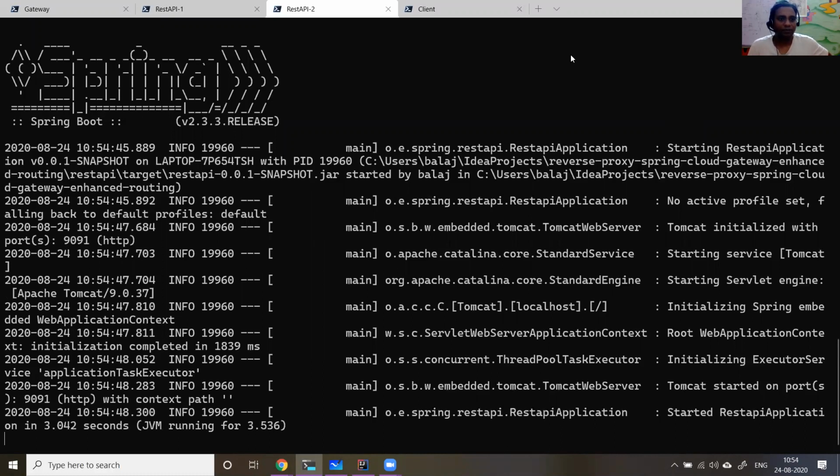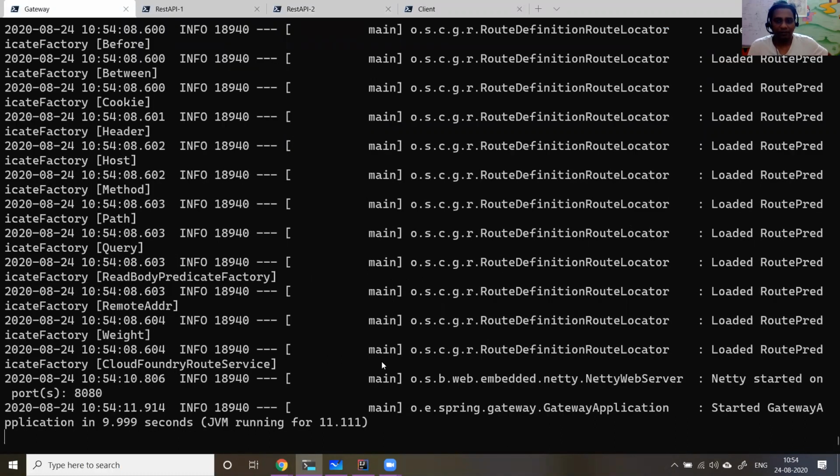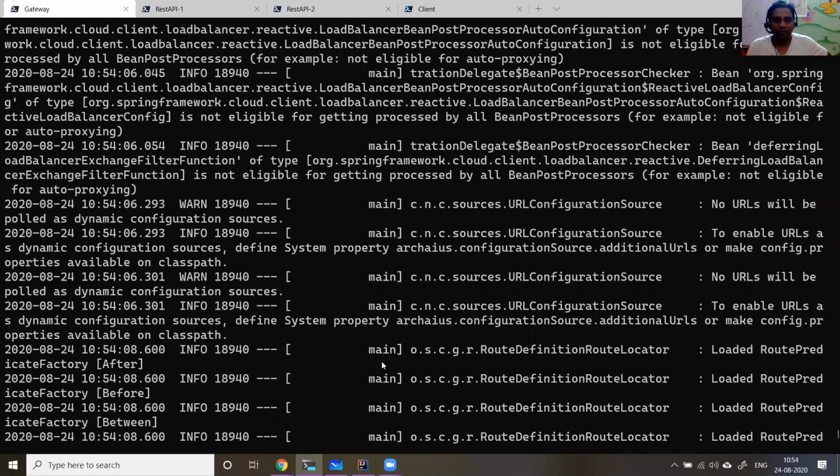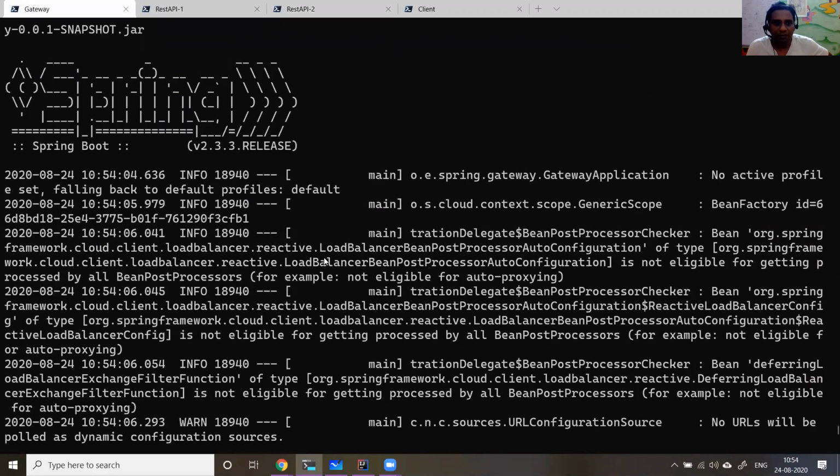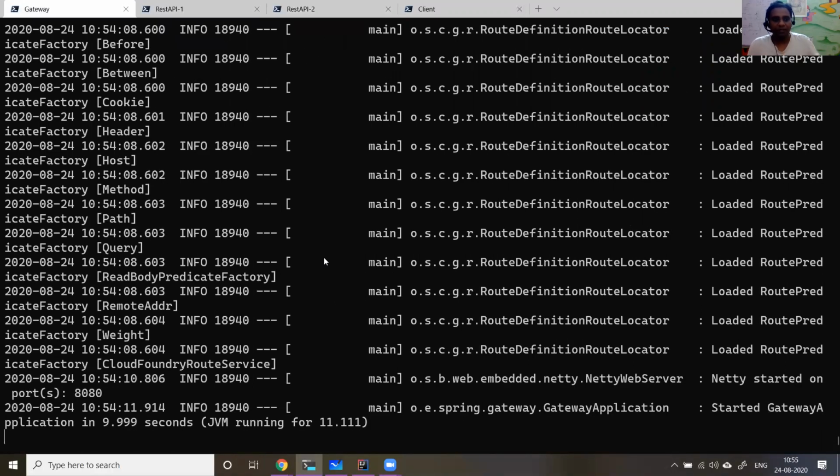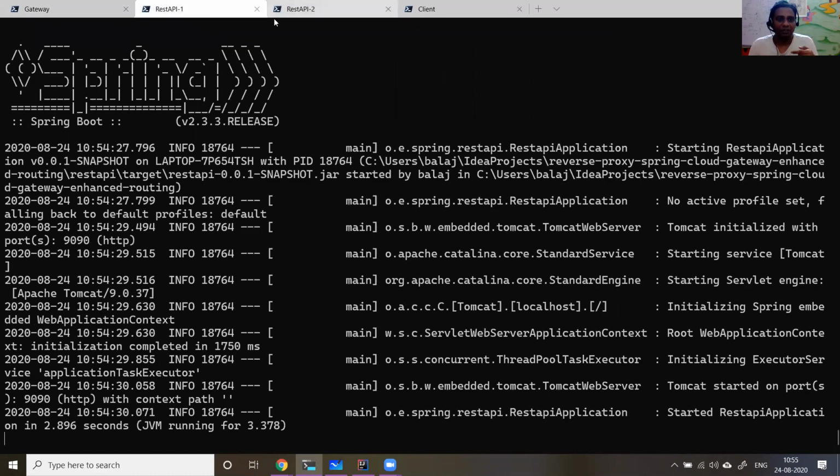That's good. If you see the gateway, observe the logs. Specifically, the gateway is going to do a health check on the Tomcats, so observe what is happening. Now I have two REST APIs running on the backend. Before the gateway gives a request to a REST API, it will call the ping health check and then forward that request.